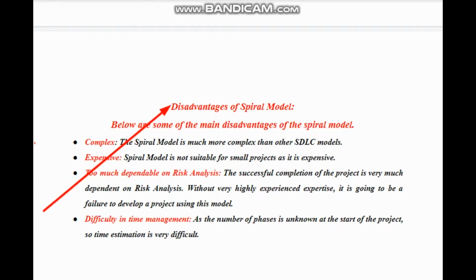Now let us go back to the disadvantages of the spiral model. So what may be the disadvantages? The spiral model is much more complex than other software development lifecycle models. Yes, because as you saw, there are different numbers of loops. It is an iterative approach, a repetitive approach. We require a skilled trainer to go through this model, as it is a quadrant process. So we have to build a prototype, again make a design, write the coding at every phase, and then give it to the customer, and then the customer will provide us feedback, and again this process continues.